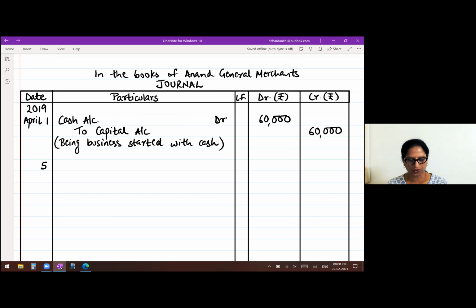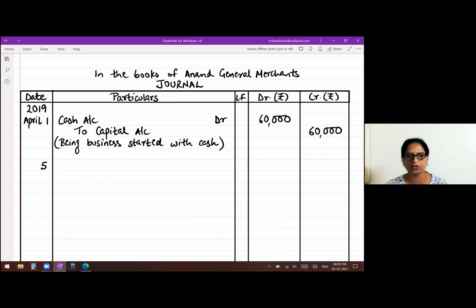1/5. Purchased goods for cash. Now, this is a cash transaction of purchases. So, two accounts involved here will be purchases and cash. Purchases, nominal account, so it is an expense, so you will debit purchases, which we have already studied, and cash, real account, cash goes out. So we know purchases is to be debited, cash has to be credited.